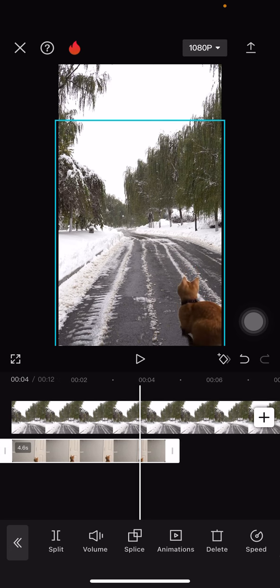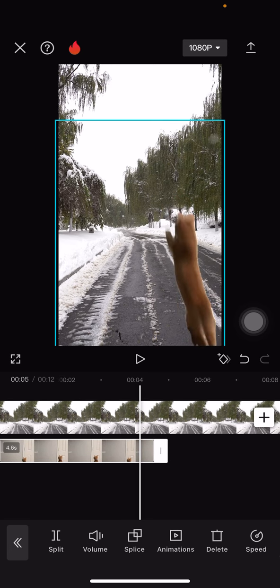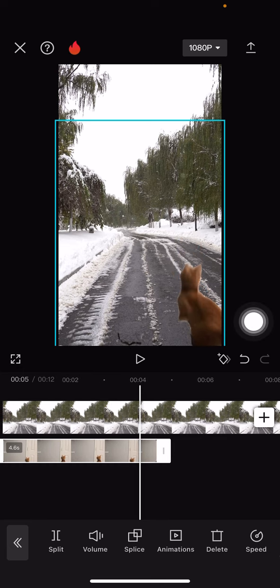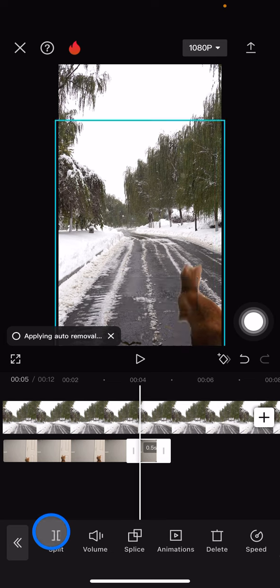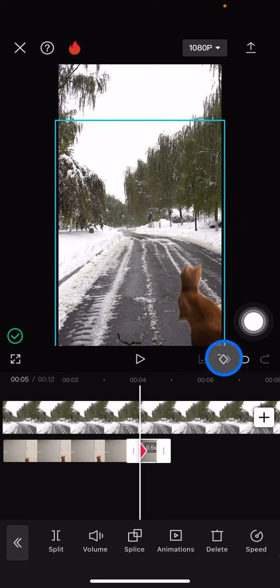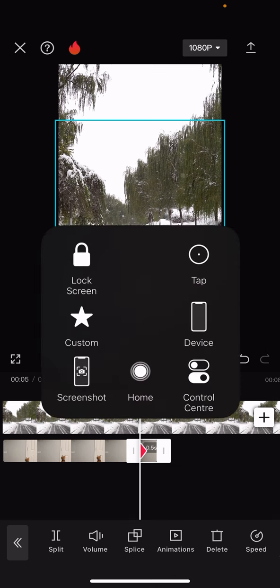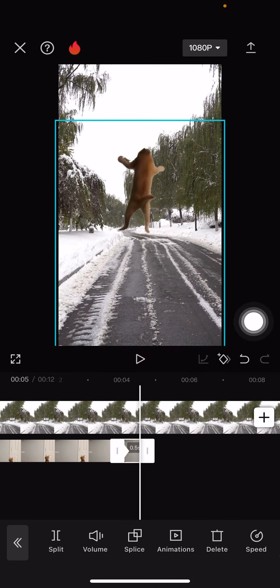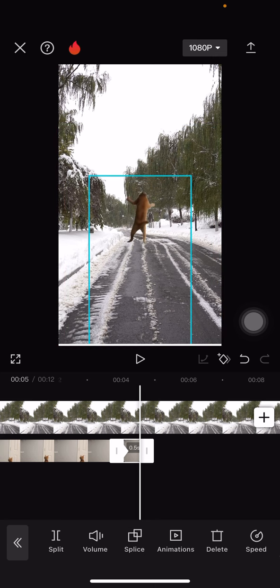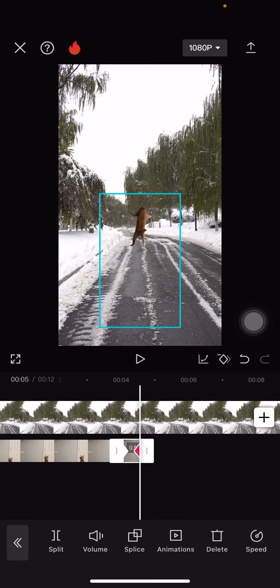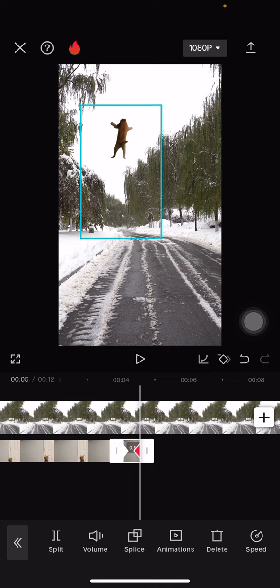It gets almost there, so she's jumping right now, and then you just need to click, clip or split the clip, and then you just need to go to this plus at keyframe, and now we just need to drag the straight line to the end of the clip, and you can resize the cat to be smaller, and then you just need to adjust the position where the cat is going to disappear